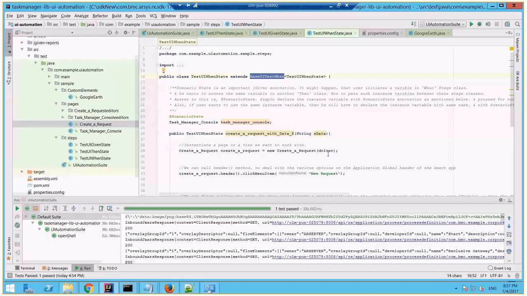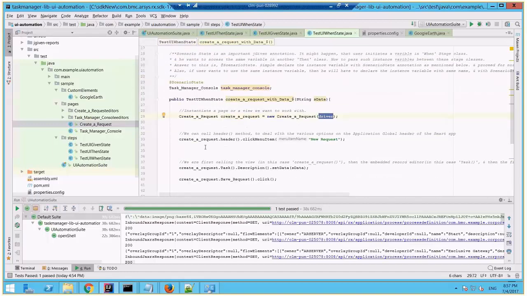We can directly just write this value and that is it. It will do all the magic. And then with this value we get all the access. So create a request, this particular view, if you see,